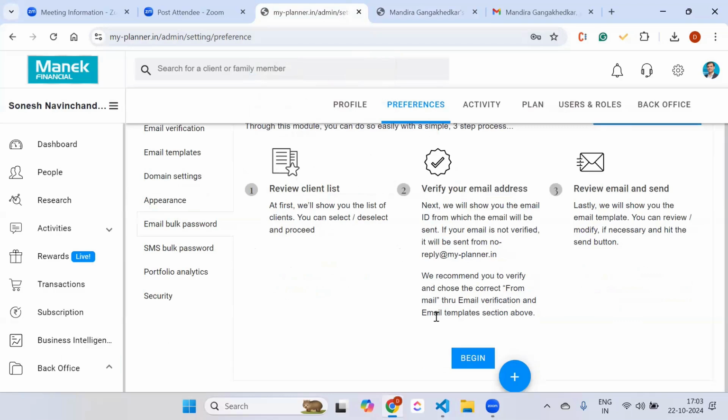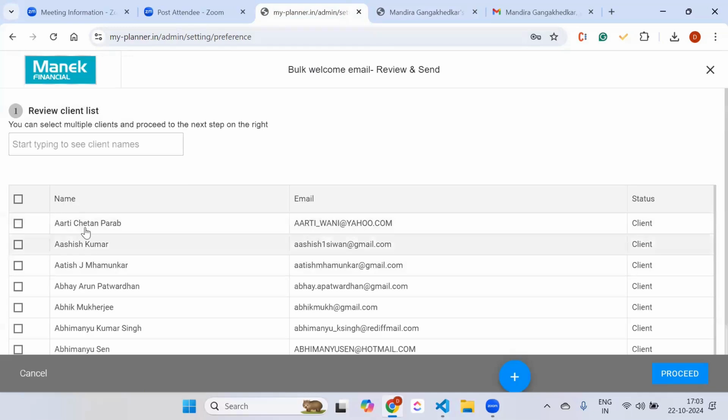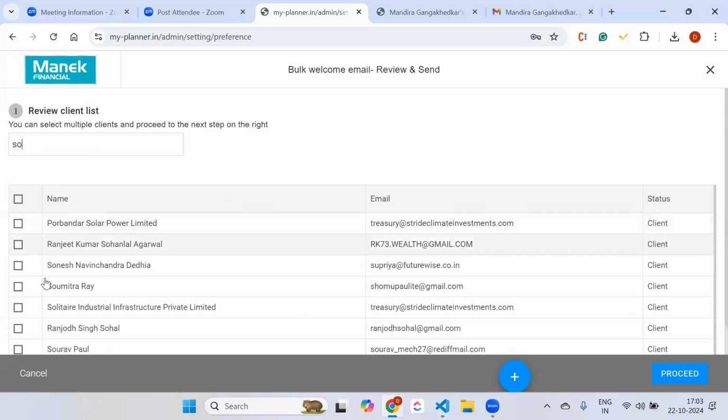हाँ। तो ईमेल बल्क पासवर्ड में अगर आएंगे तो यहाँ पे बिगिन करके आपको स्टार्ट करने का बटन दिखेगा। जैसे ही आप बिगिन पे क्लिक करेंगे तो यहाँ पे क्लाइंट चूज करना है। मान लीजिए आपको इनको भेजना है, तो बस सेम प्रोसेस है, आपको खाली क्लाइंट चूज करके भेज देना है।